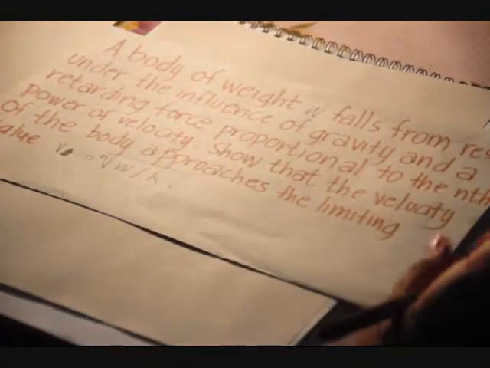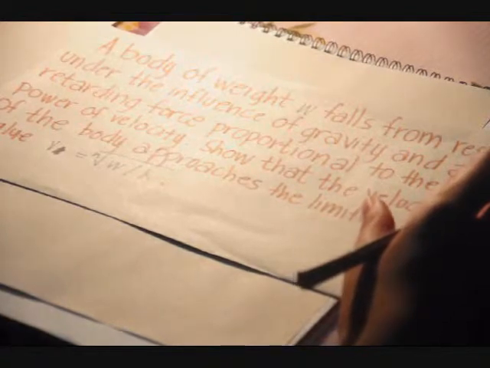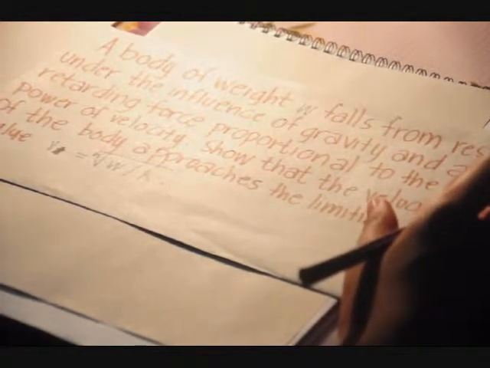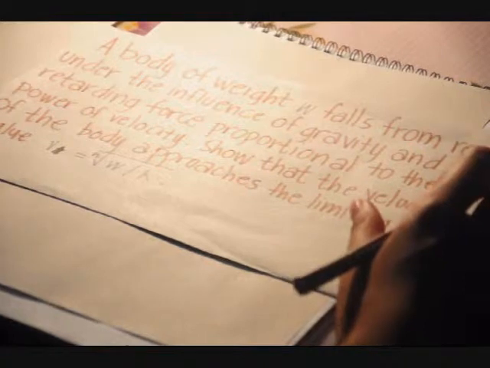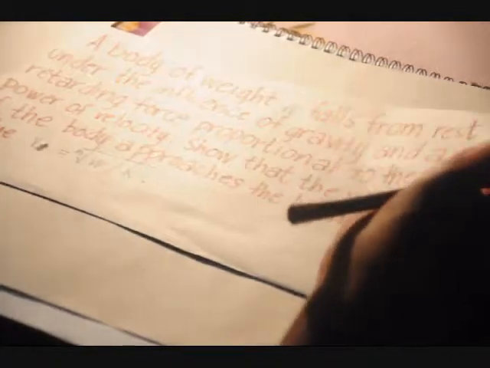Under some circumstances, a falling body of weight W encounters air resistance proportional to its instantaneous velocity v of t. We use Newton's second law to find the differential equation for the velocity of the body at any time. Assuming that the downward direction is positive, the sum of the forces acting on the body is mg minus kv, where k is a proportionality constant and the minus sign indicates that the resistance acts in a direction opposite to